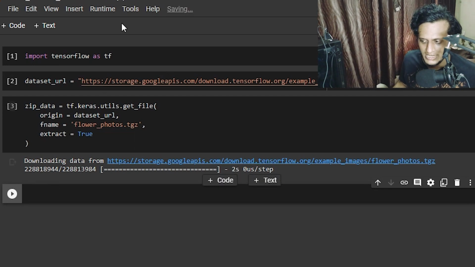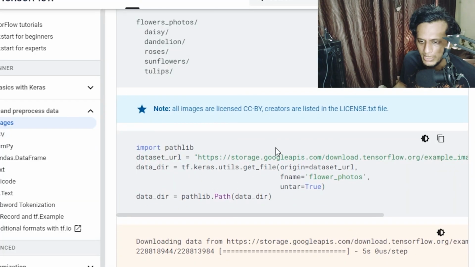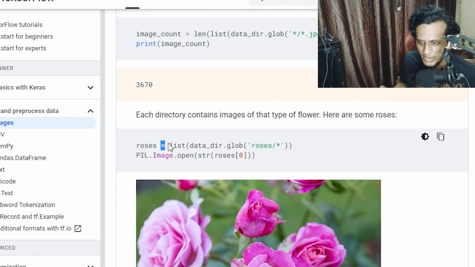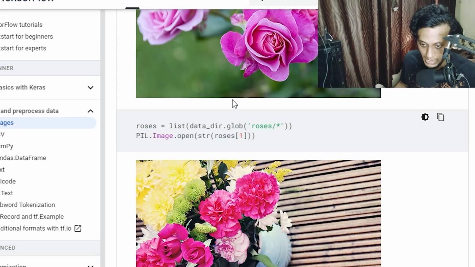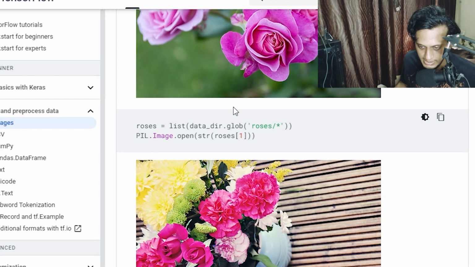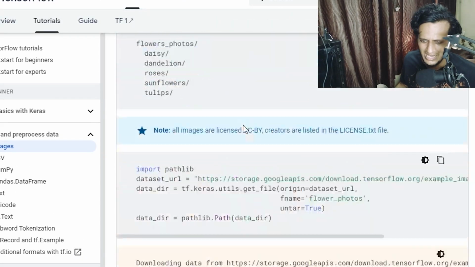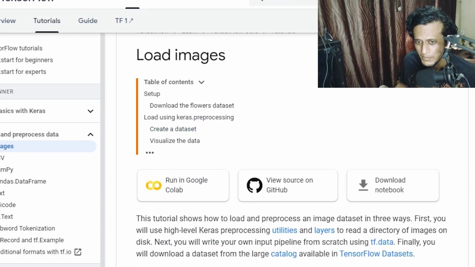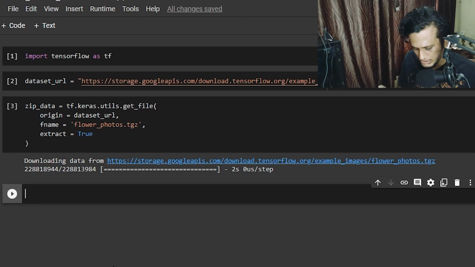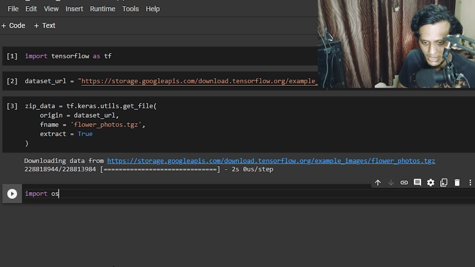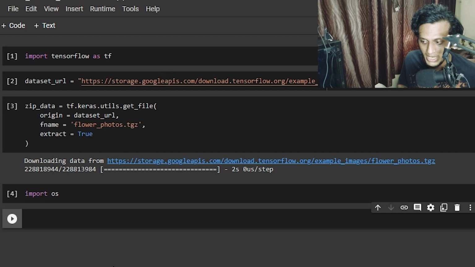All right, now the next step. If we look over here, you can see they have performed different operations to view the images and everything. So this is the way the images are in the dataset, and later they have applied some other things. We will actually learn this, but I am going to take a different route in order to learn it. First of all, I'll import os. I'll tell you why. Now I will have to make a base directory.